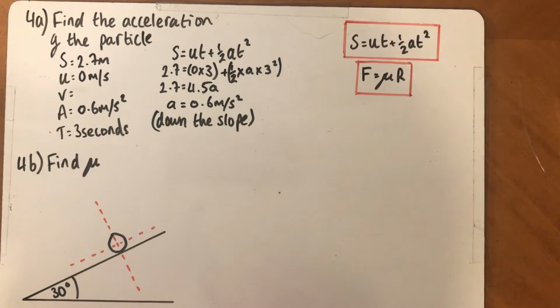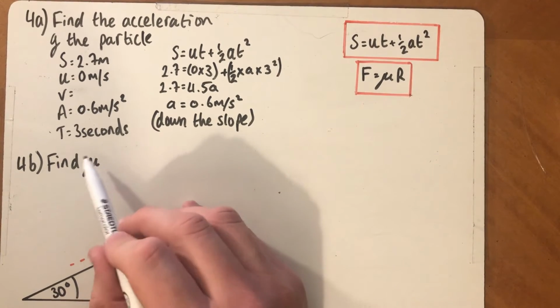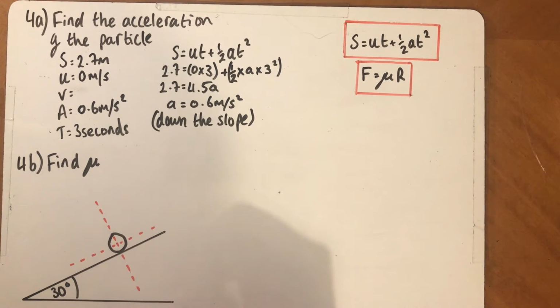Moving on to part B. For part B, we've been asked to calculate the coefficient of friction, mu, between the particle and the plane. So the first thing I'd recommend you to do for this question, like in any maths question, is